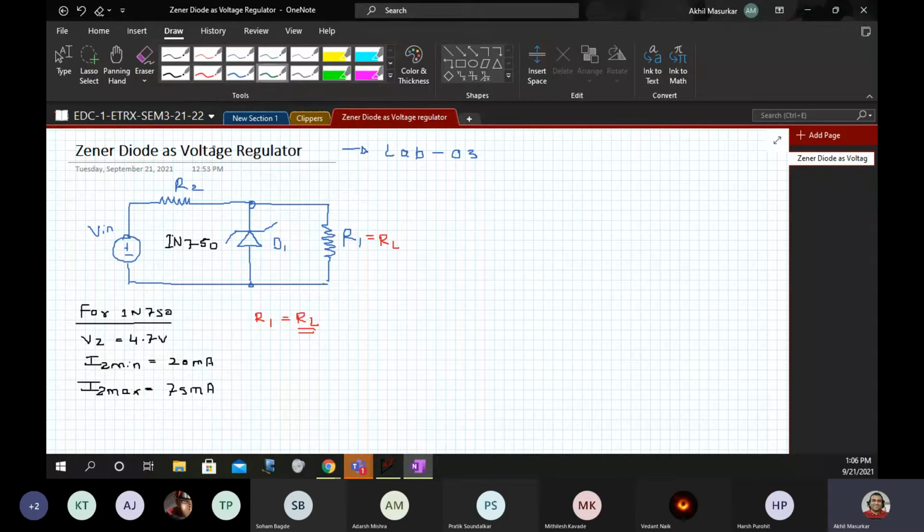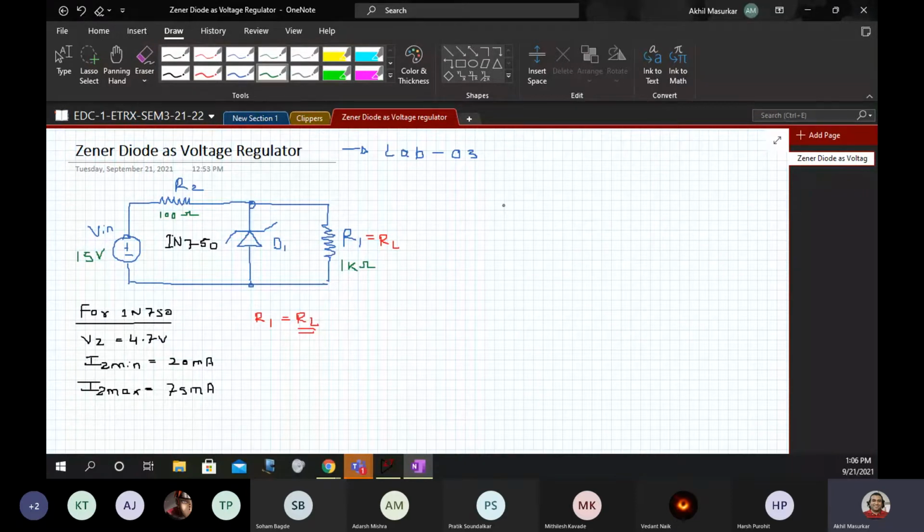Here the value of R2, let it be 100 ohms, and let R1 be 1 kilo ohm. And the supply is 15 volts.